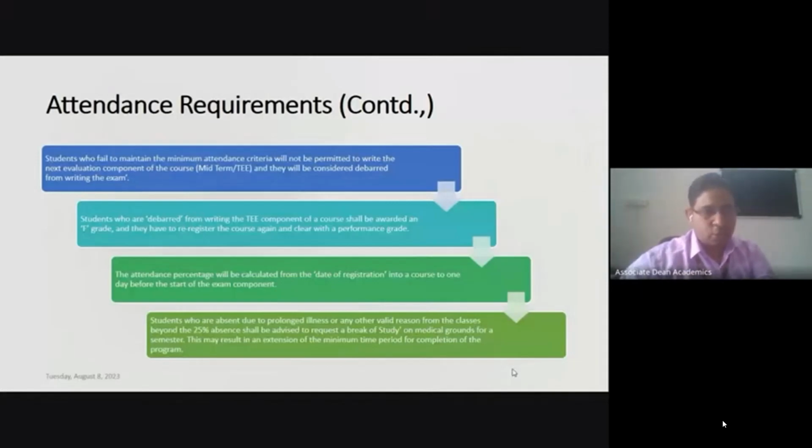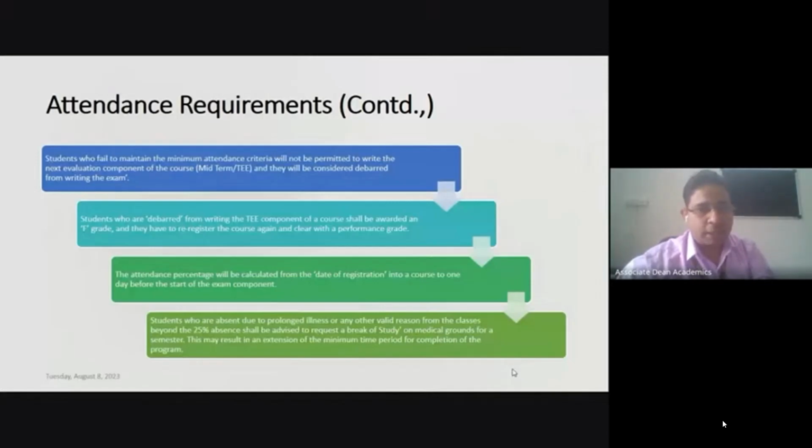Students who are debarred from writing the term end examination, or TEE component, TEE stands for term end examination, of a course shall be awarded an F grade, and they have to re-register the course again and clear it with a performance grade. That means if you are debarred from the term end examination, you will not be allowed to write the supplementary examination either.